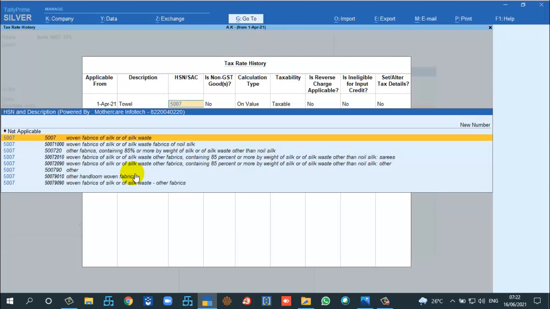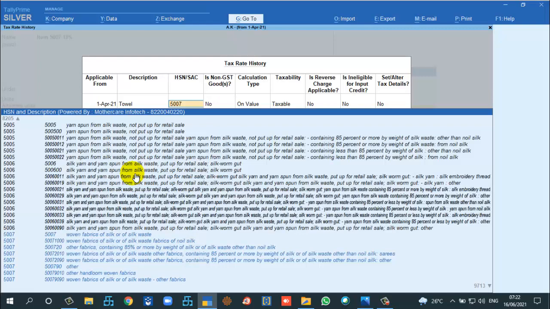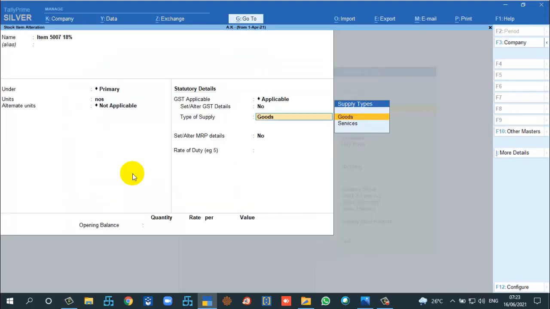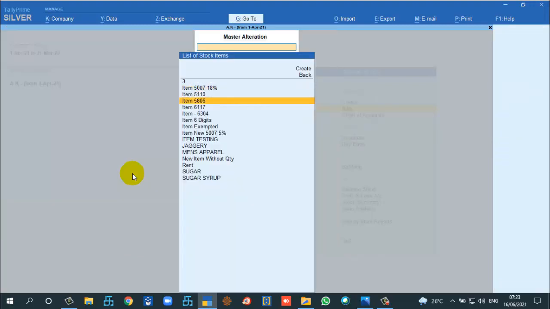So I am choosing woven fabric of silk or silk waste, but this description is manual. Whatever you type here will be posted to the portal. Likewise, this is 18%. Likewise, I have created some 5 to 10 items.